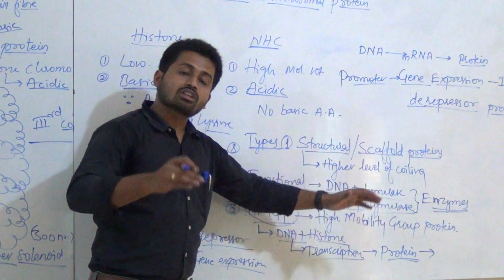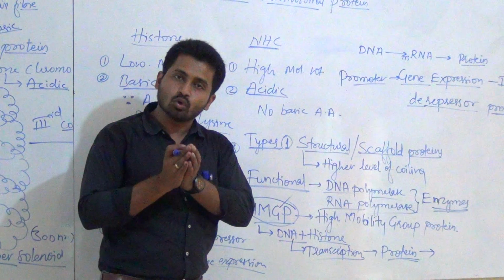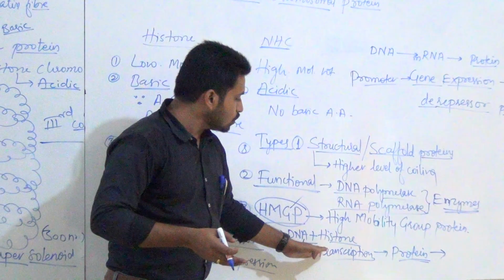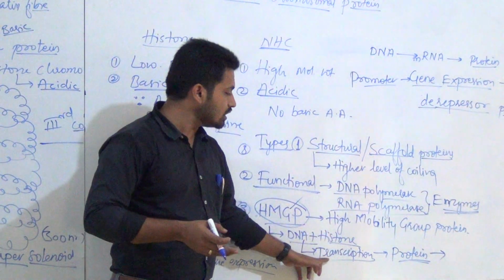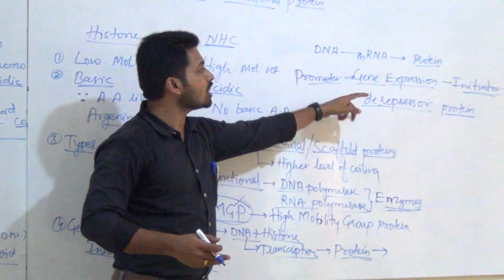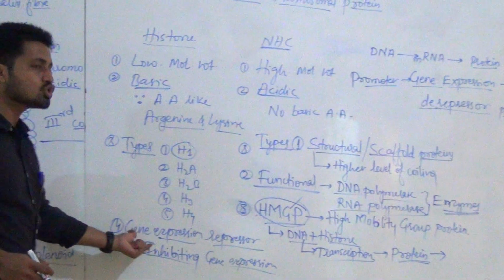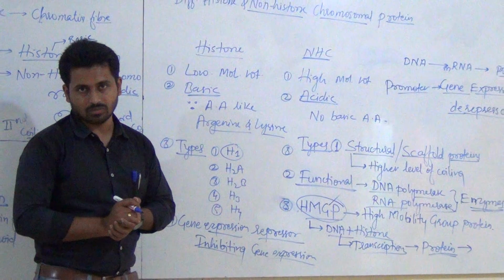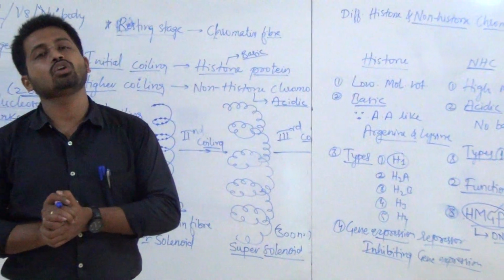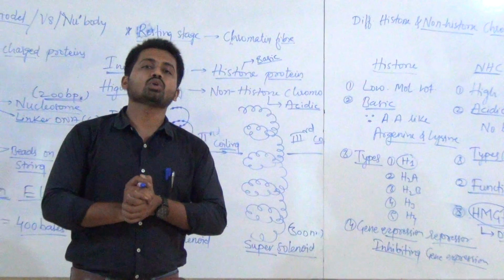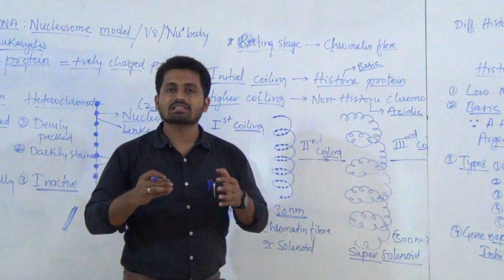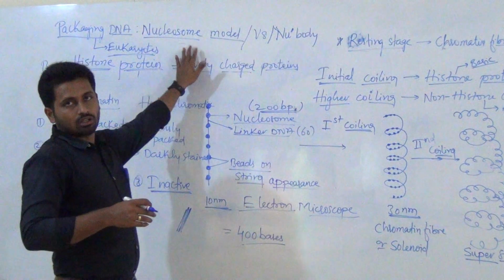What is it doing? Actually, when histone and DNA form a nucleosome, and the gene wants to express, it is going to separate the DNA and histone, and hence only DNA undergoes gene expression. It means it is acting as gene expression promoter or initiator of gene expression, whereas histone is inhibiting the transcription. So here it is totally about how our 2.2 meter long DNA is going to get packed in a small nucleus. This is about the total of today's class, that is the nucleosome model.